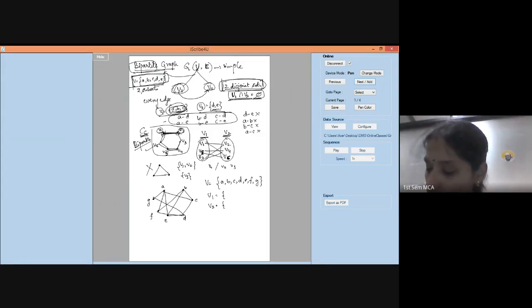Okay, just listen to me. Whenever you are trying to make subsets of the vertices, if you have an edge between adjacent vertices, like A and G, which are adjacent, that means you have an edge from A to G. That is an indication that you cannot put A and G in the same subset. So if I put A here, I have to put G there. Getting me?